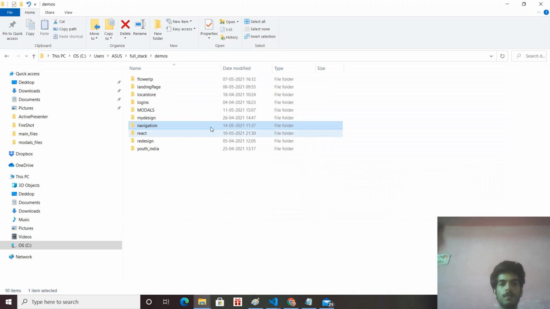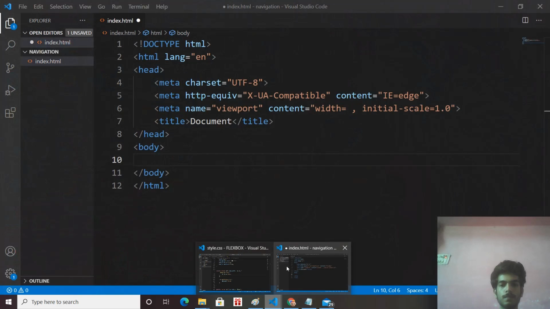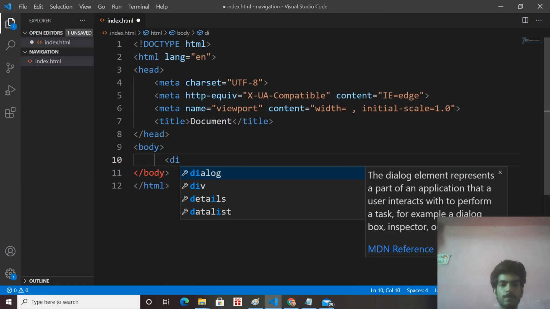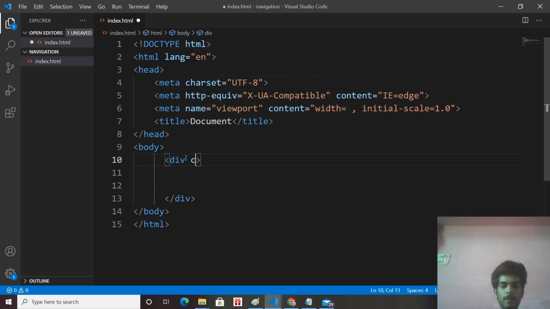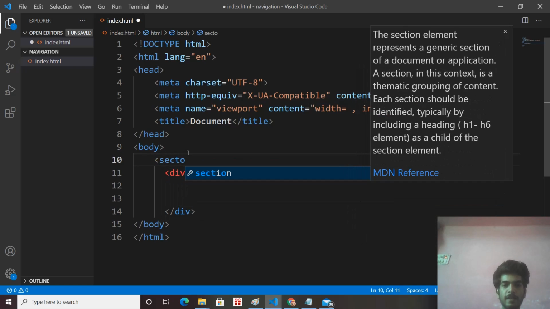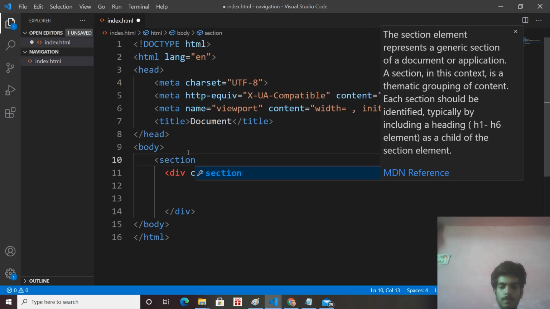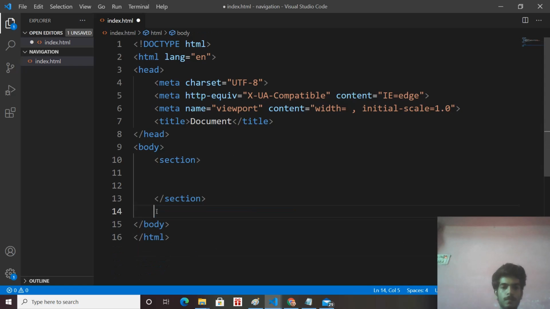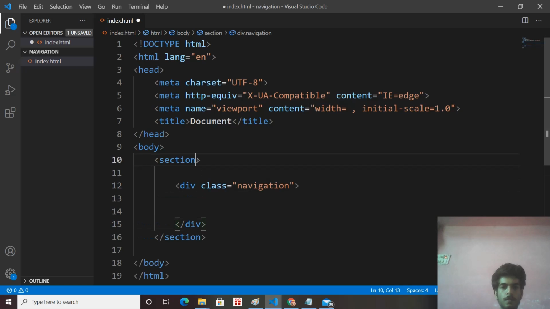Okay, so create a div tag, and we give the class name navigation, and wrap this div tag in a section tag, and give the class name navigation section.